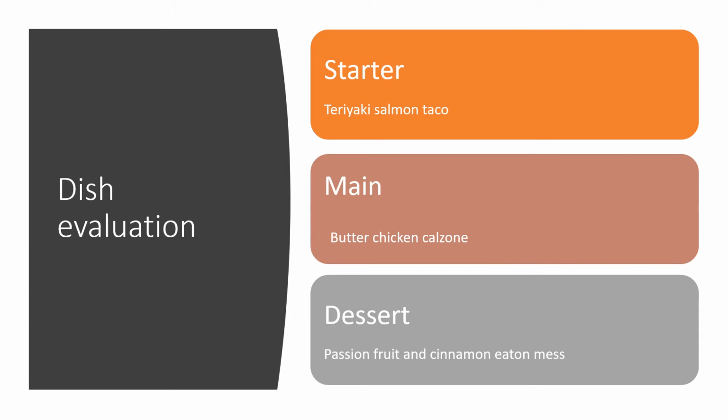For the dishes themselves, the starter is a teriyaki salmon taco. The teriyaki is a classic Japanese flavor used in many dishes across Japan, and as a result has become very popular all over the world. There are many chain restaurants and just restaurants based on Eastern Asian cuisine that have some type of teriyaki dish in there. The flavors work very well together, as the salmon adds